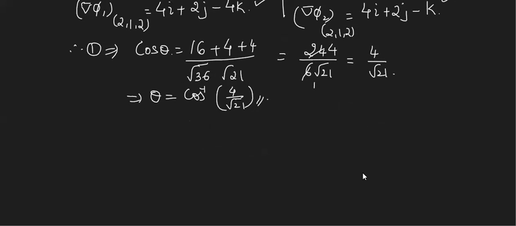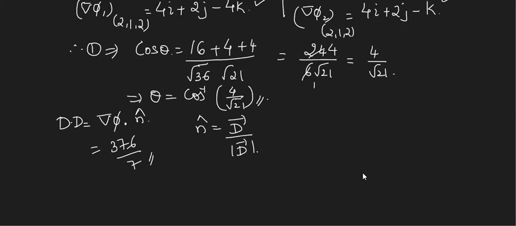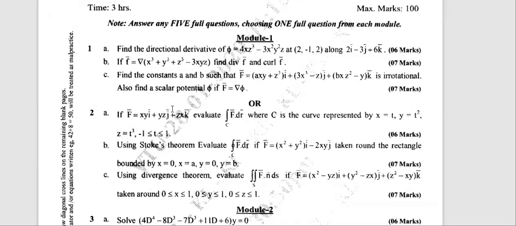Directional derivative means what? Just recall that little part and then I can take it. Directional derivative is given by what? Del phi dot n cap. Very good. Del phi means they will give some scalar function and you have to find the gradient of that scalar function. What is n cap? n cap is the given vector in the direction divided by the magnitude of that vector. So you have to find this, and then find the quantity. For that example, the answer is 376 by 7. It's already solved in the class. Let me go to the next.